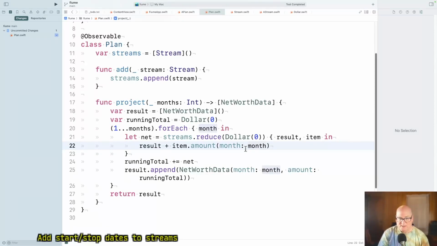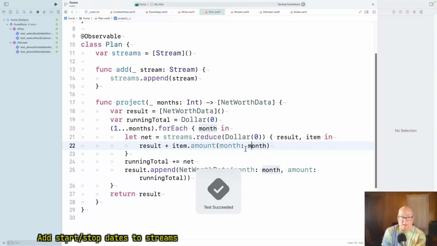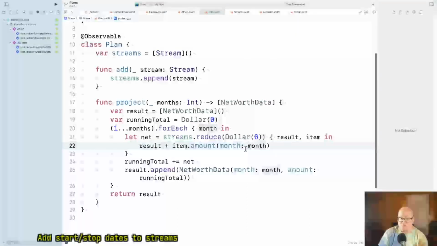All right. So this, I think, is refactoring. As far as the tests and what we have now, we can't tell the difference. So I'm not going to treat it as a separate thing. If you ask for the amount contributed this month by this stream, that seems like a reasonable question.